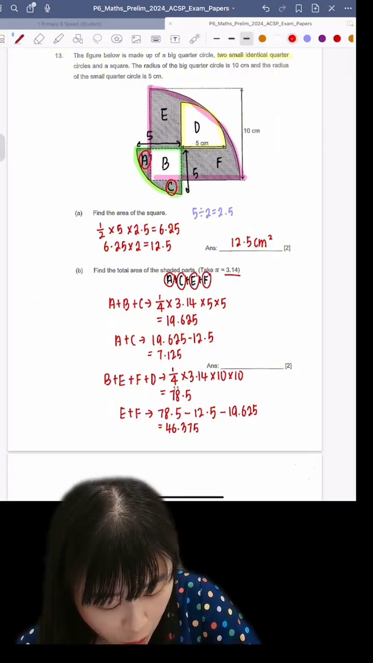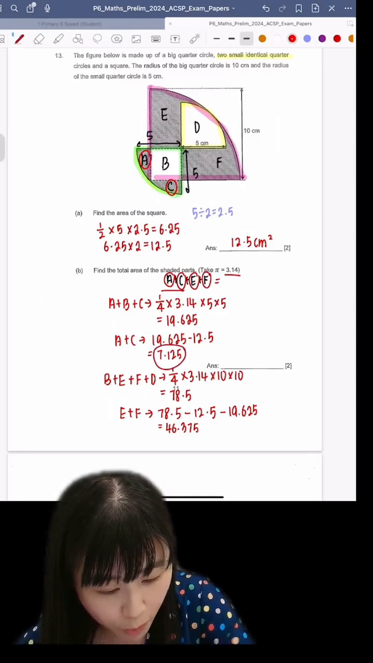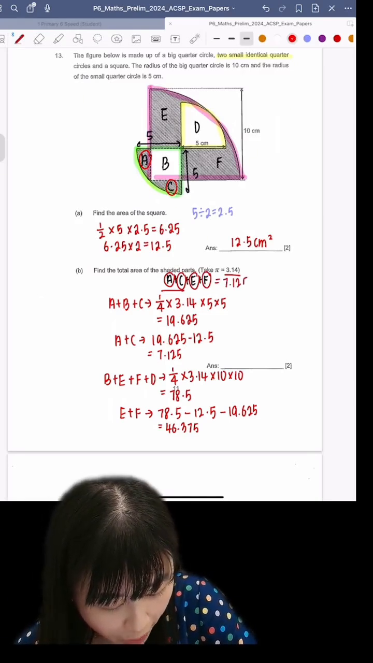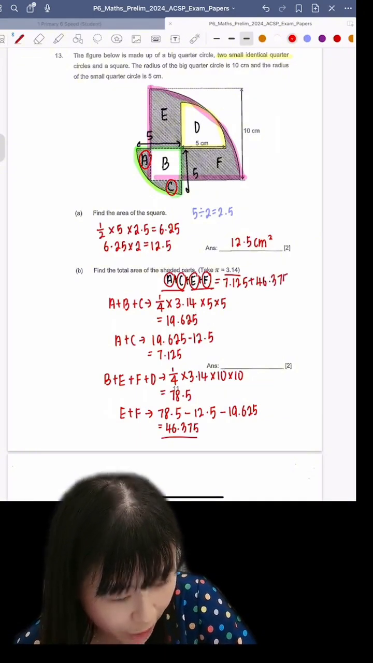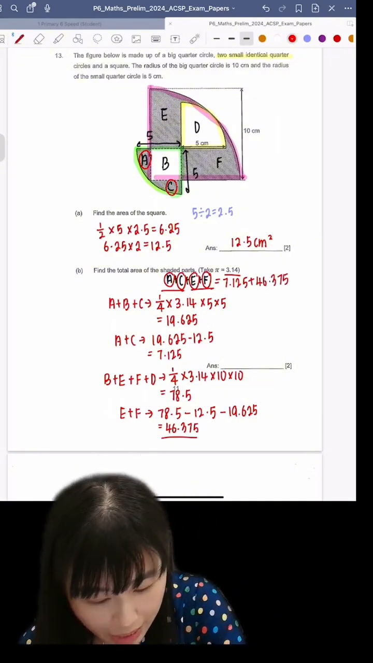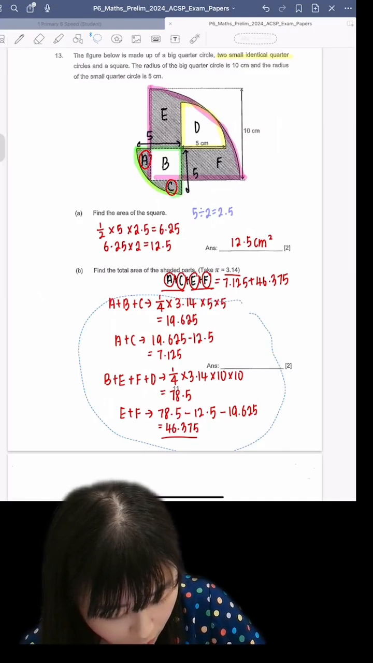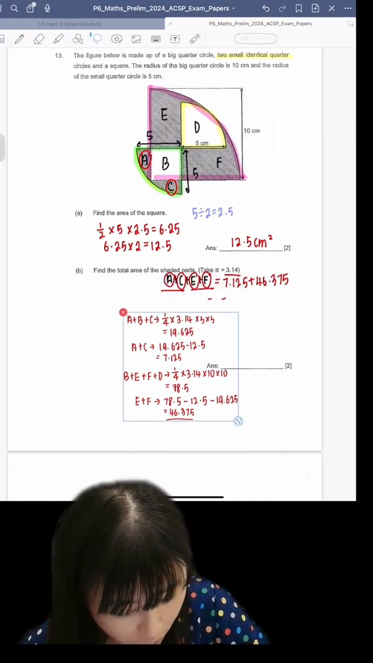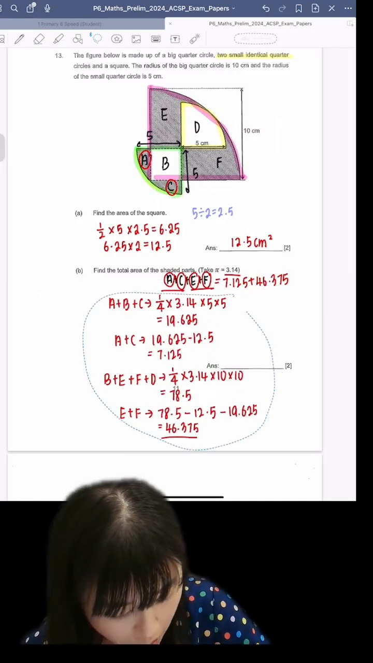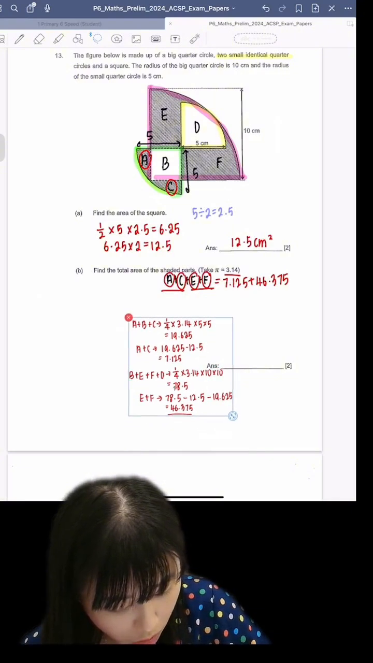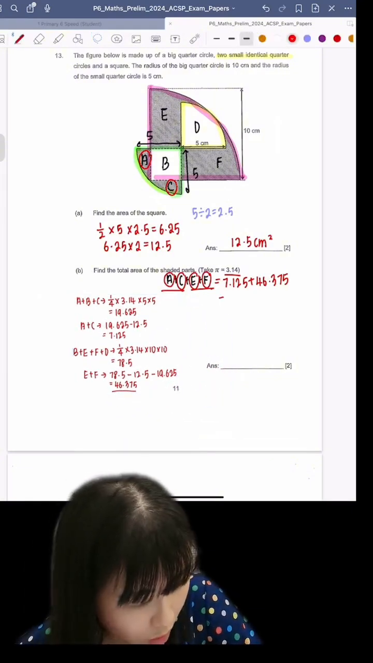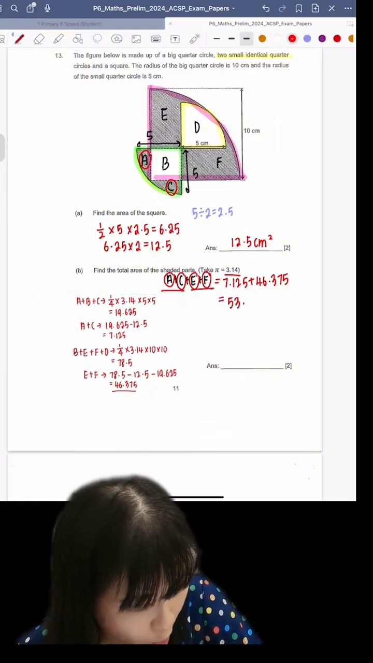Last but not least, you are going to take your A and C plus your E and F. Your A and C, you already found is 7.125. Your E and F, you found out is 46.375. Then last step, you just need to add together and you will find the answer. Let me just make it smaller. Last step is here. You get 53.5